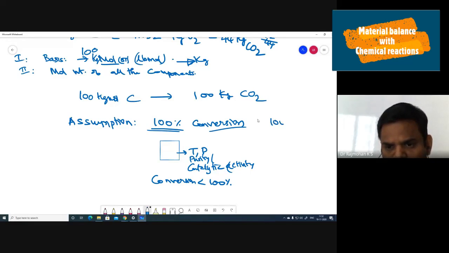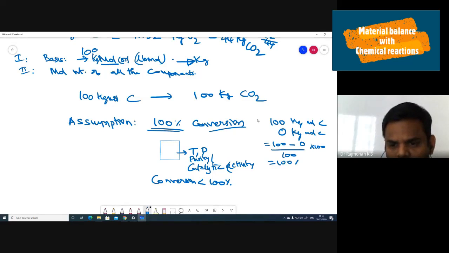Number of kg moles initially 0. Okay, 100 kg mole of C. In the product there is 0 kg mole of C. So conversion is initially 100 was there, finally only 0 is there. Okay, so what we get is 100% conversion,